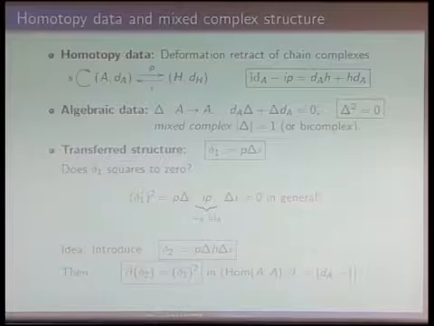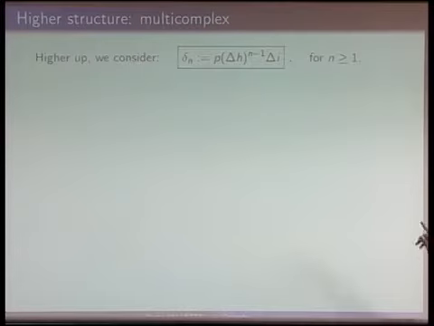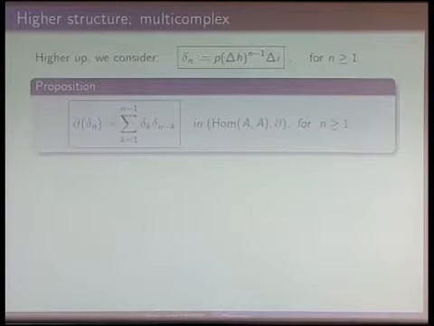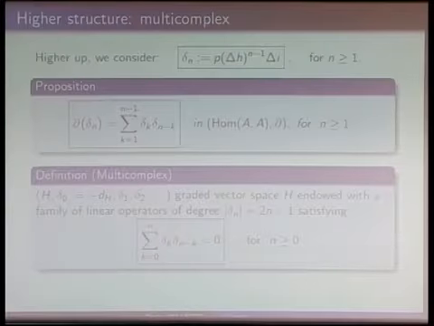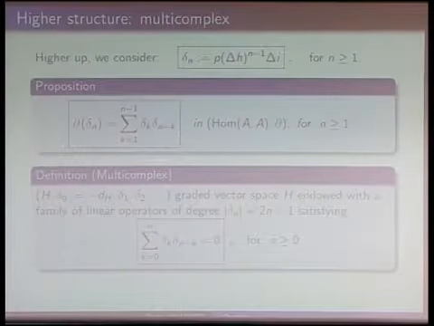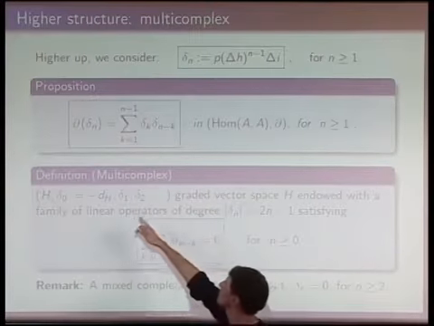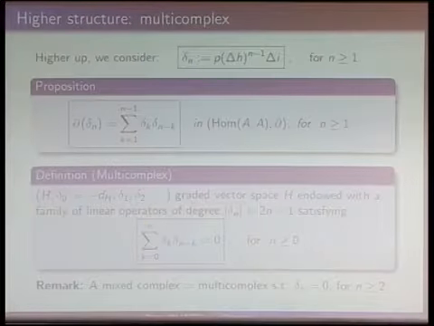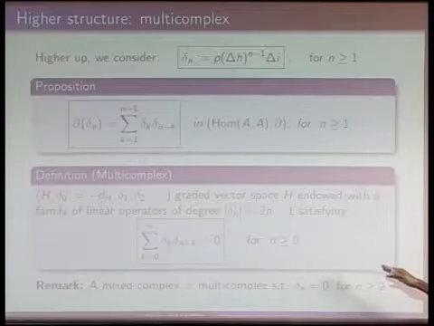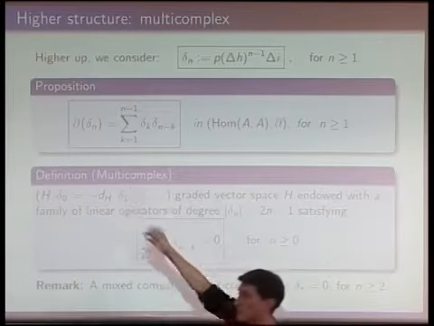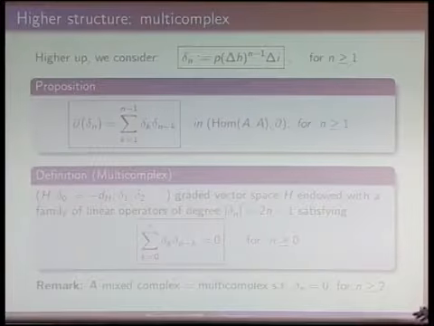Wow. So first the transferred structure, then the first homotopy. Do we get higher ones? Yes, actually you can continue this process, and here I'm cutting short. You can introduce a full tower of operators defined that way, and they all satisfy this kind of relations. So this is a way you relax the relation delta squares to 0 up to homotopy. Such a structure with this whole tower of operators is often called a multicomplex in the literature. And of course, if you take a multicomplex structure where all these are 0, you recover the structure you had at the beginning. That's just an operator which squares to 0.